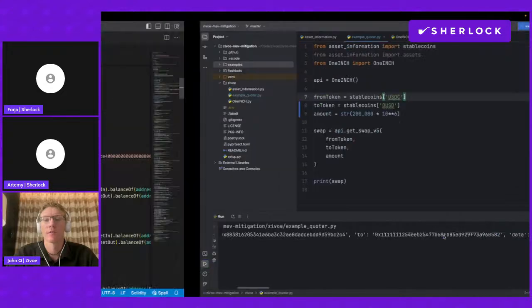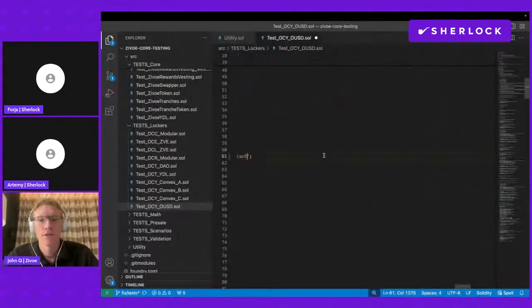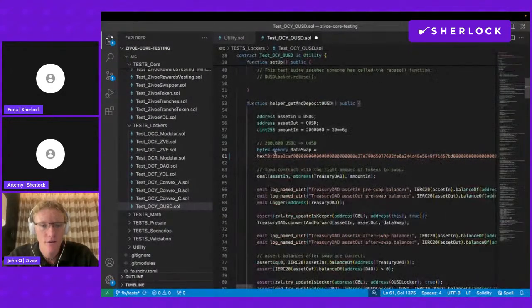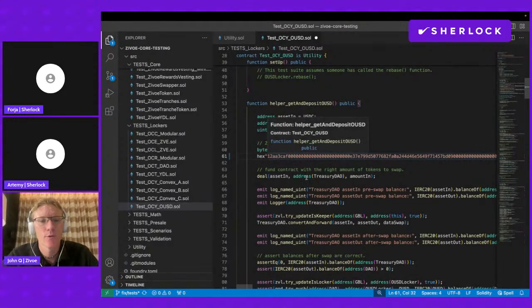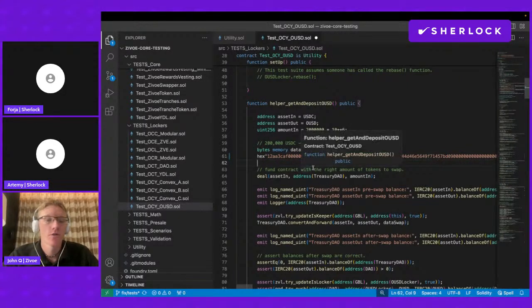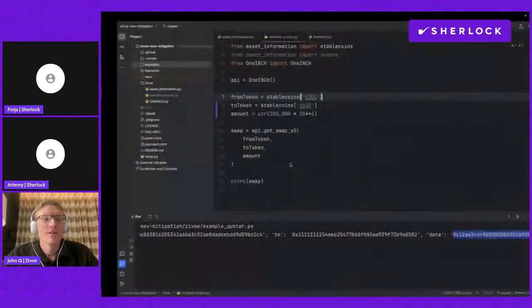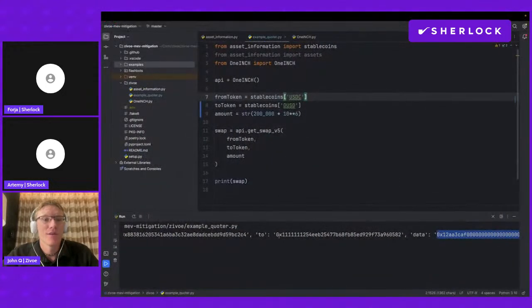And then you can copy this data into here, and then you have to take out the 0x and use the hex specification for this bytes string that we're providing to data swap. So that's how you would do this,